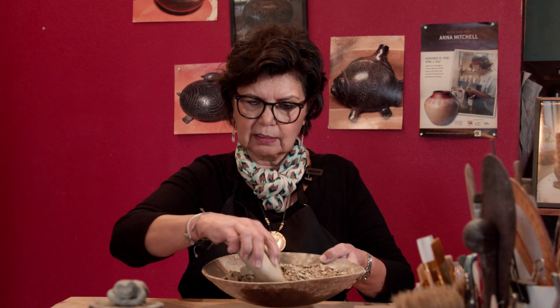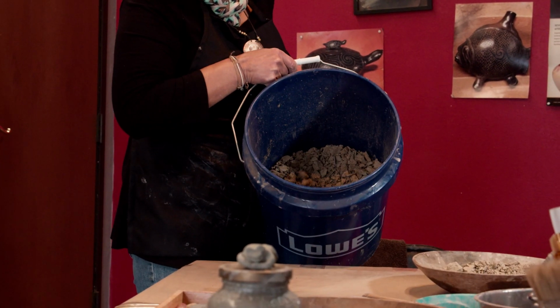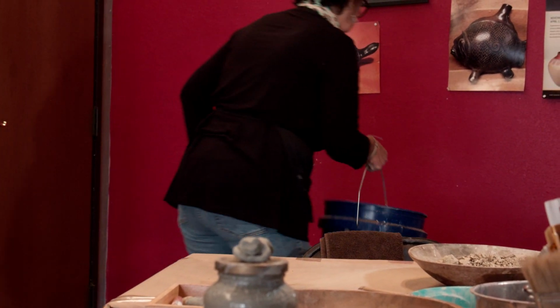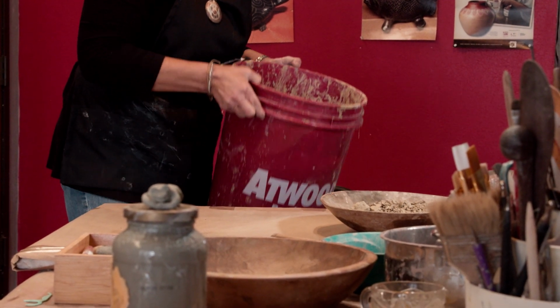I am going to show you one more way that you might be able to clean the clay, besides grinding it and putting it in a powder form, and at that point you'd have to rehydrate it and make it usable. So the other way, in today's more simplistic way, you would put clay maybe in a 5-gallon bucket. Same thing, but instead of grinding it, I would just fill the bucket up maybe about 3/4 of the way with water. And if you can see this,